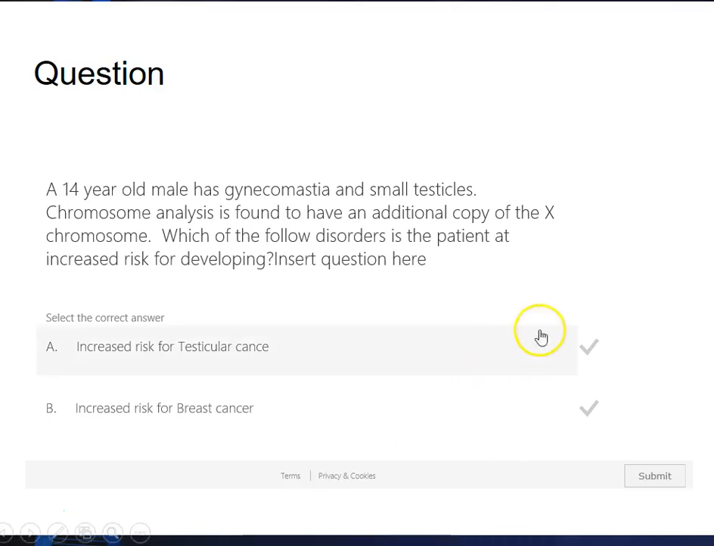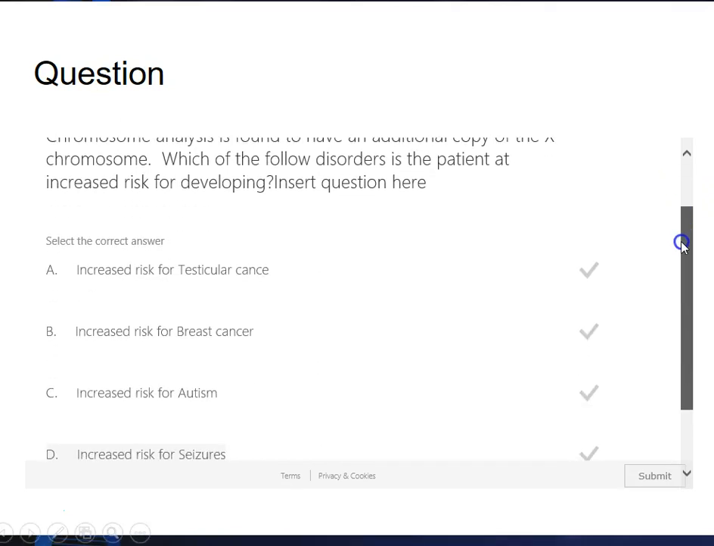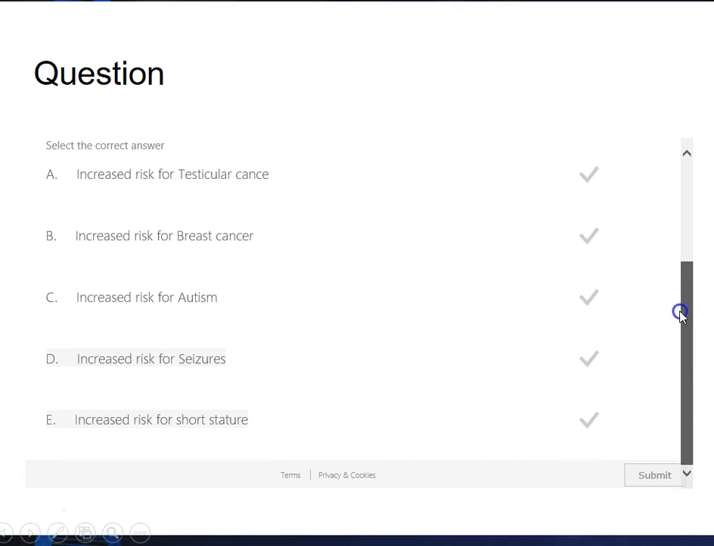A 14-year-old male has gynecomastia and small testes, and chromosome analysis finds an additional copy of the X chromosome. Which of the following is the patient at increased risk for? Increased risk for testicular cancer, increased risk for breast cancer, increased risk for autism, increased risk for seizures, or increased risk for short stature. This concludes the lecture on cytogenetics in the sex